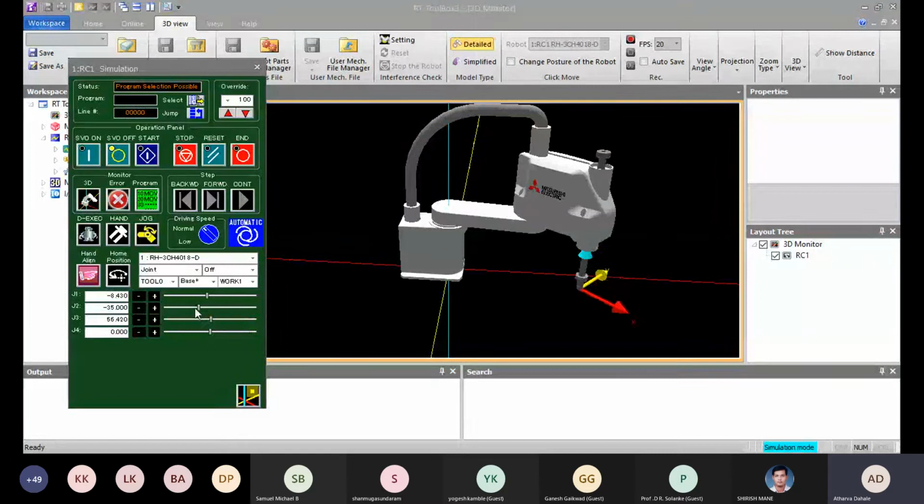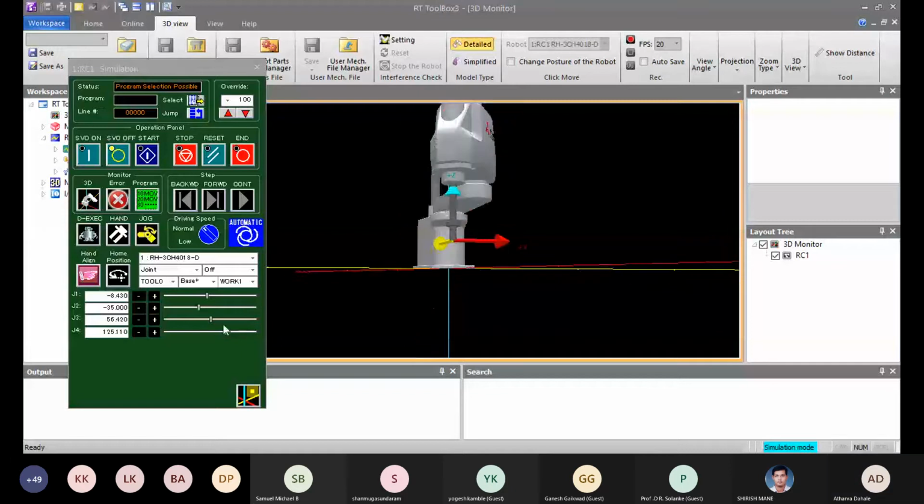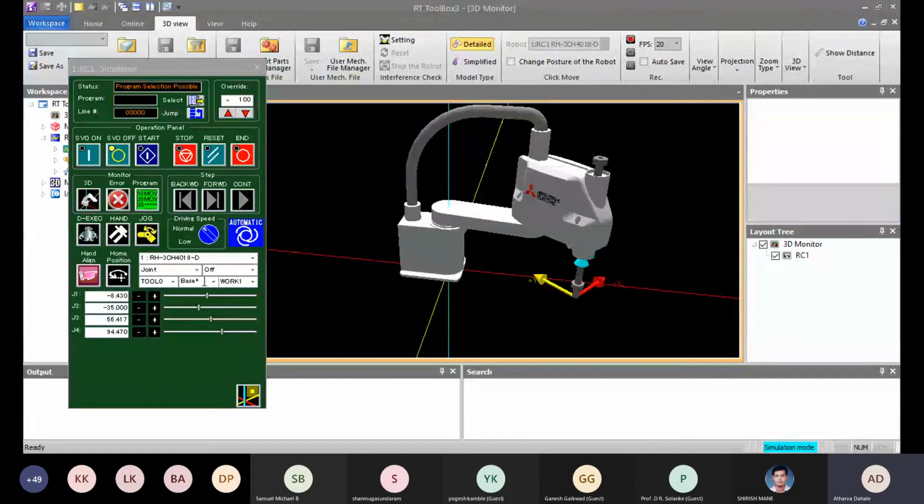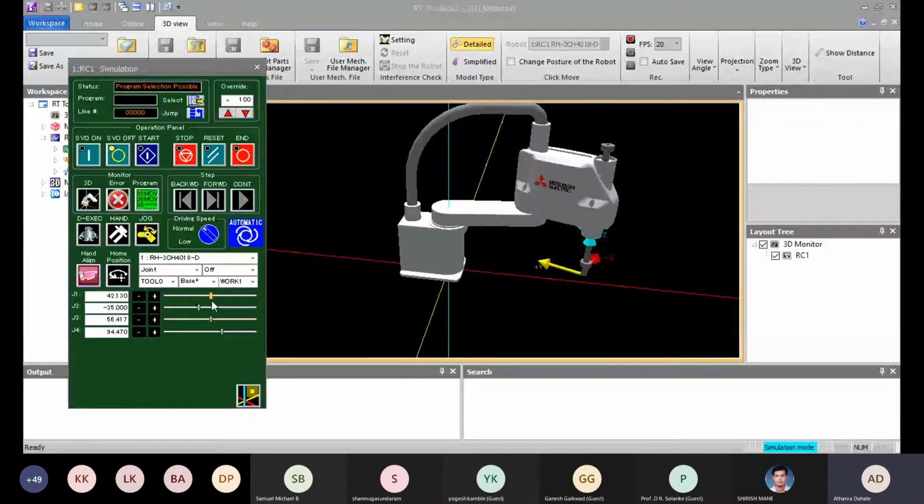And if I move J4, it will twist that axis. Yes, it is twisting the axis. Okay. So this is all about the joint operation of the axes.